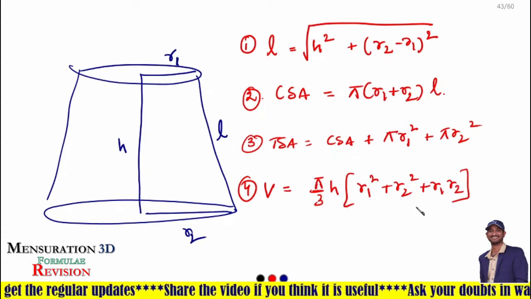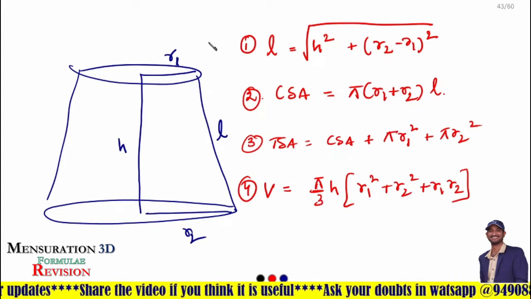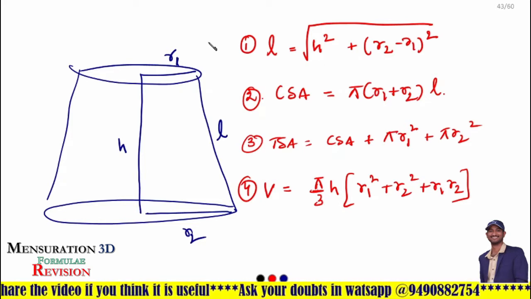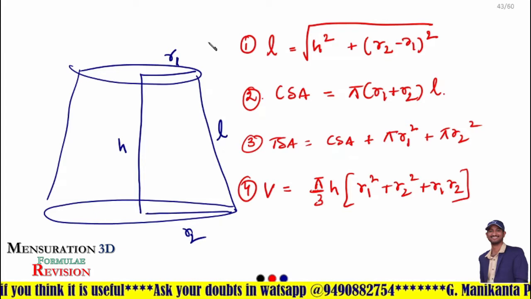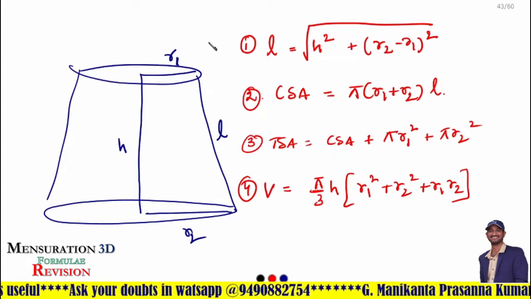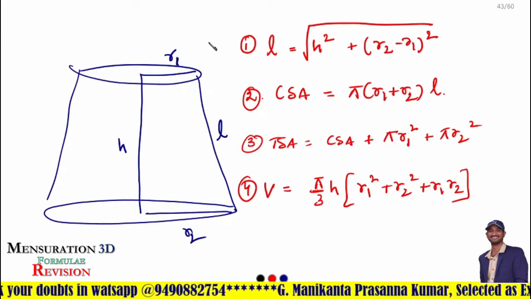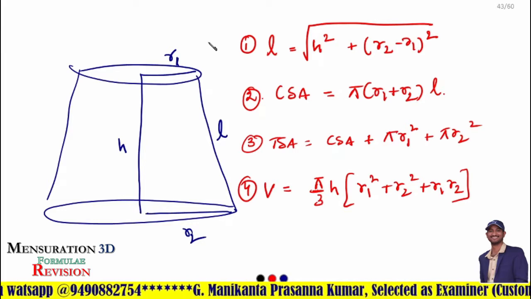These four formulas are important, and how can we remember them? You have to apply the formulas of the frustum of the pyramid, in which the base is a circle. That's it. I already told the formulas of the frustum of the pyramid. In those formulas, you have to apply the fact that the base and top of the frustum are circles. Is it clear?